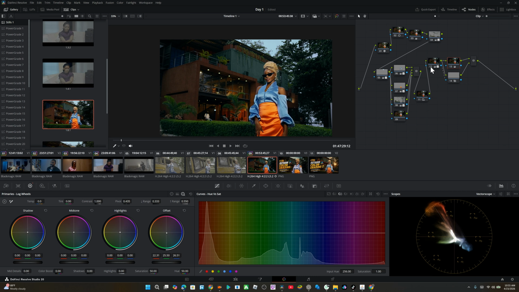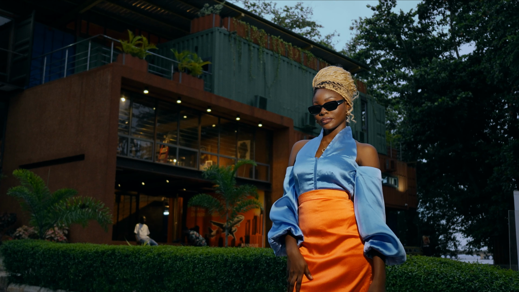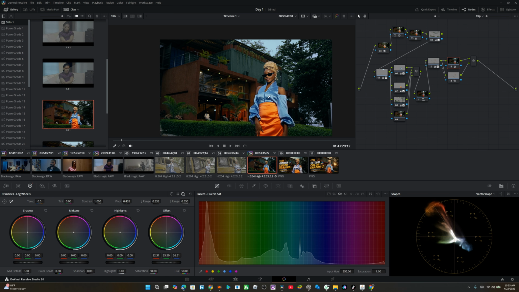And this is for the skin, and this is the exposure that we did. So at least we're able to go from